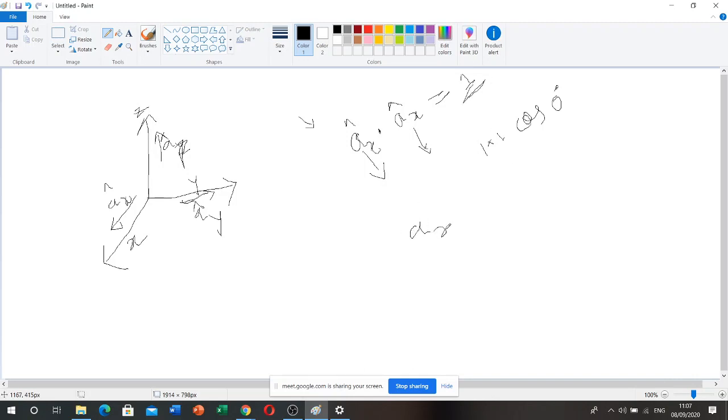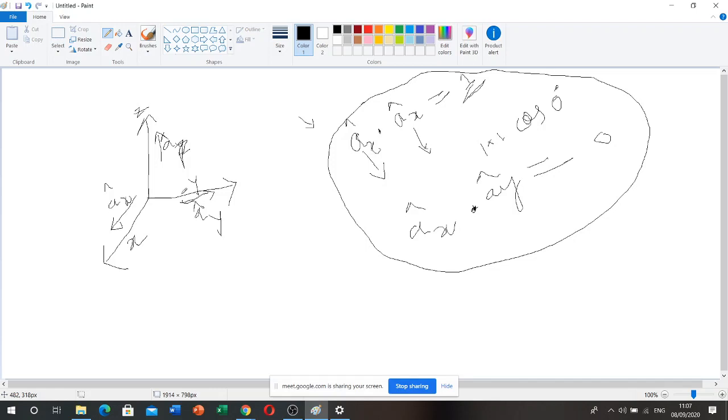So now tell me, ax cap dot ay cap. Dot, right? It's dot, not cross product. Dot product. 0, sir. 0. Very good. Fine. So now by these two examples, what you have understood: if it is a dot product between two different base vectors, it will end up with 0. Dot product of two different base vectors will result in 0. Dot product of same base vectors will end up with 1.